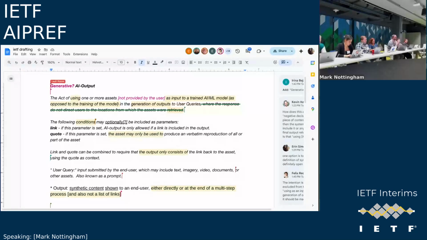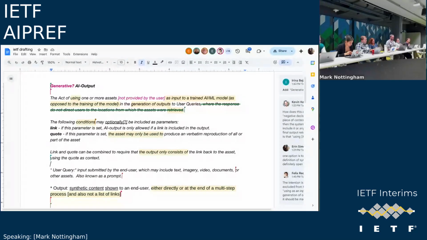Whereas if the agent says, please navigate to this particular web page and tell me what's shown there, then that would not be under this rule. And I think the intent of that was to get more to the substitutive use and reproduction of original assets and that sort of question. But it may be that this is not satisfactory to some people.